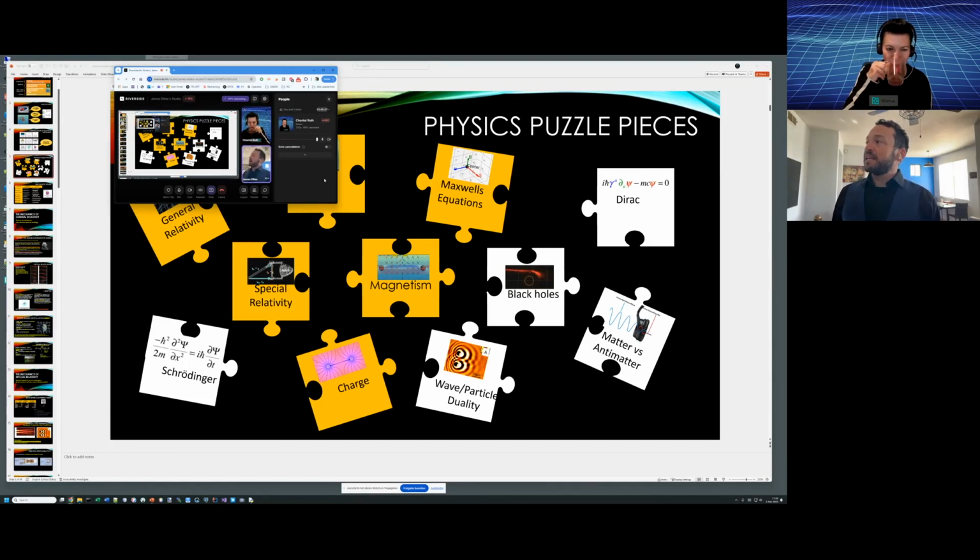So that can be used as a model for another way to probe deeper into nature. Again, looking at these phenomena and then just asking, well, what can be deduced from what is known so far? And if you look at the history of science, I think that method is used much more often than the hypothesis and check model. And a lot of times it's sort of a combination.